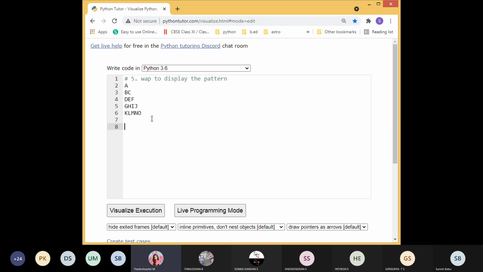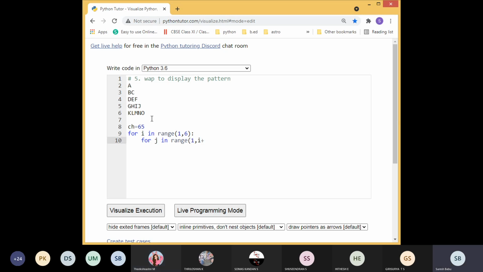CH is equal to 65. Okay, good. For I in range 1, 6. No need to give the update value, the default update value is 1. Then for J in range 1, I plus 1.